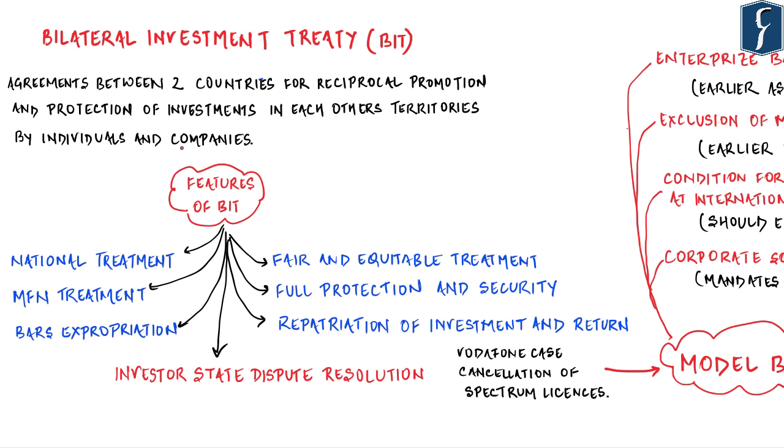Now, as far as the definition of a bilateral investment treaty is concerned, they are agreements between two countries for the reciprocal promotion and protection of investments in each other's territories by individuals and companies situated in either state. So, for example, there are two nations, A and B, and they sign a bilateral investment treaty. After the signing of such an agreement, A will have to protect investments by companies and individuals belonging to country B in its territory, and similarly the same protection has to be given by B to companies and individuals belonging to A